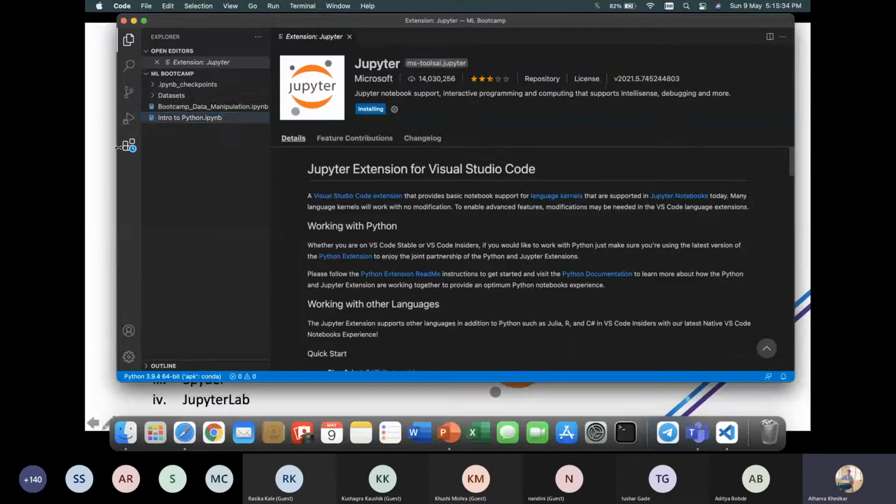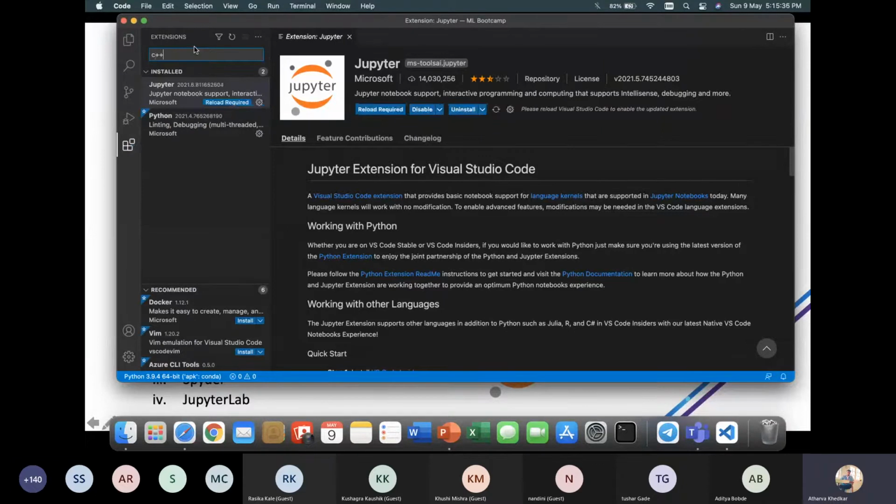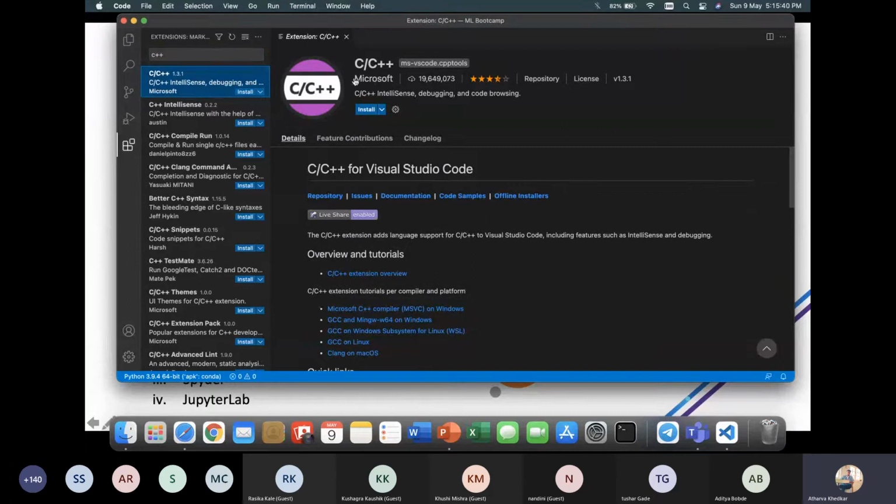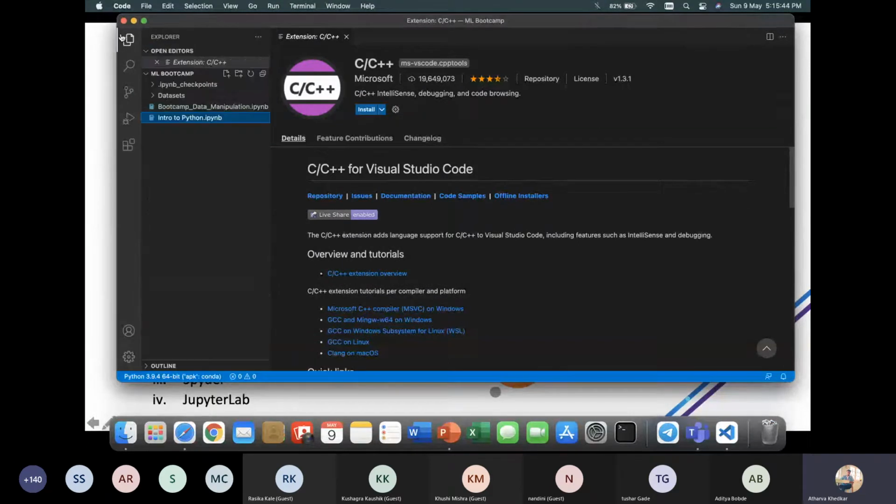Similarly for C and C++ extensions. There is a C/C++ extension by Microsoft itself, which supports writing in C and C++. And VS Code is as light as a normal notepad. So it's just best.